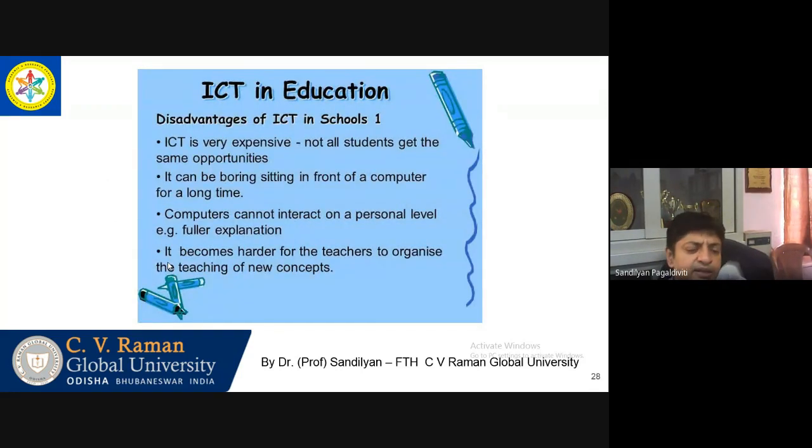Continuing with the disadvantages, I am reiterating, this is expensive. Everybody doesn't get the same opportunity. It can become boring. Sitting in front of a computer can cause physical problems. It can make you a couch potato, which is a very common problem with many of the youngsters today. The computers cannot interact on a personal level. Proper explanations can come only by personal touch,